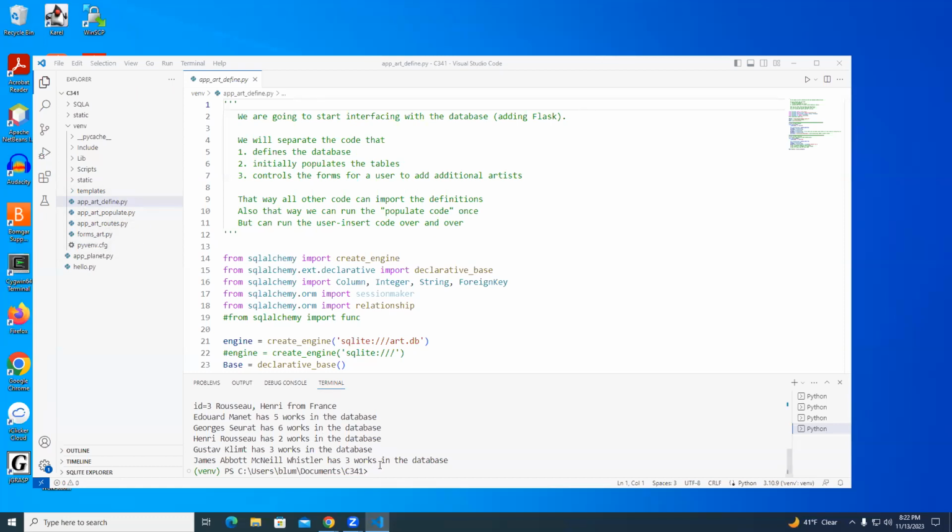So we are starting, so I've separated out various files here. I've got my VENV, my virtual environment, activated and ready to go. We move into the virtual directory. So I have a definition file, a population file, a routes file, a forms file. And then I have some other Python files in this directory right now, but they have nothing to do